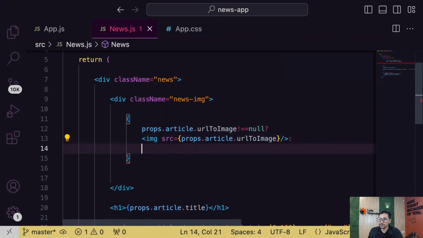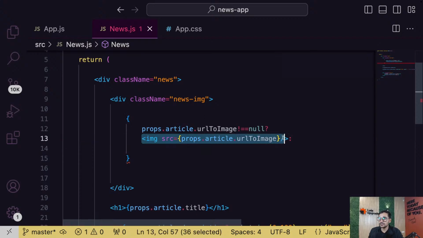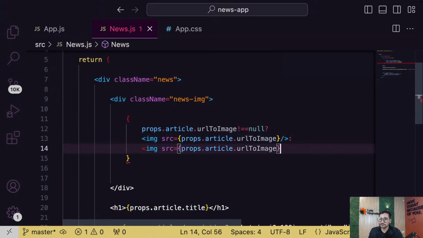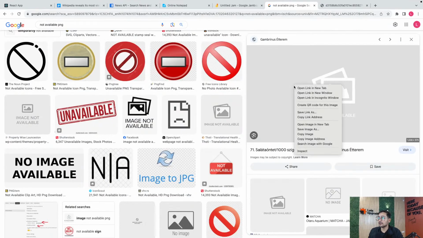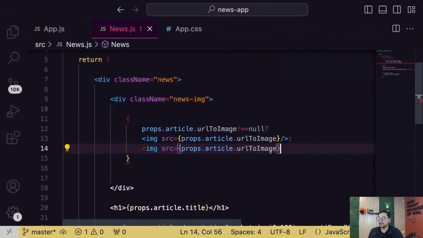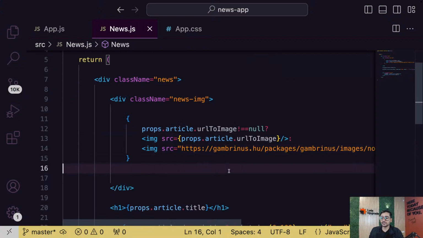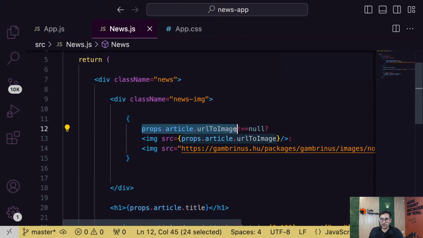Otherwise, the image with the URL which I am giving, which is going to be this one. So guys, now the logic is, I'm just keeping it very simple, not trying any great error handling here. If my URL to image is not equal to null, then load the image with that news URL. Otherwise, the image with my given URL.